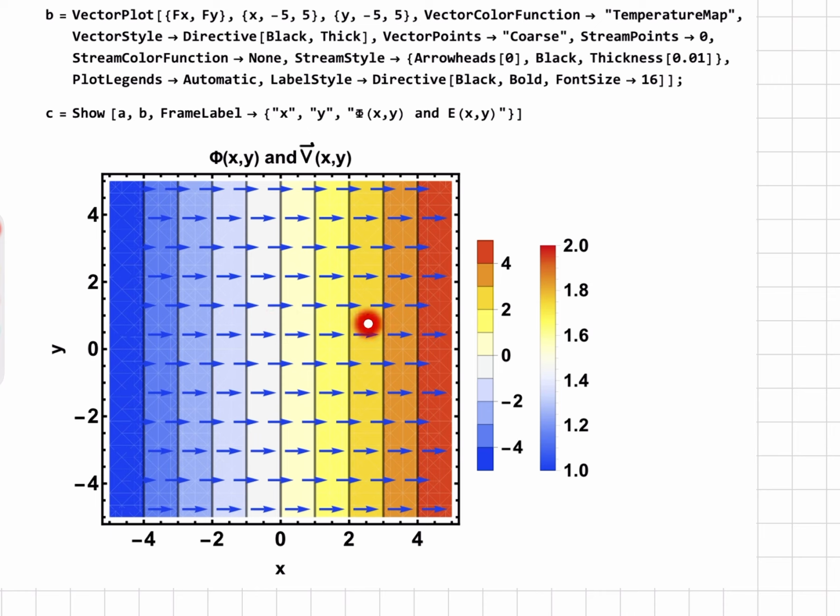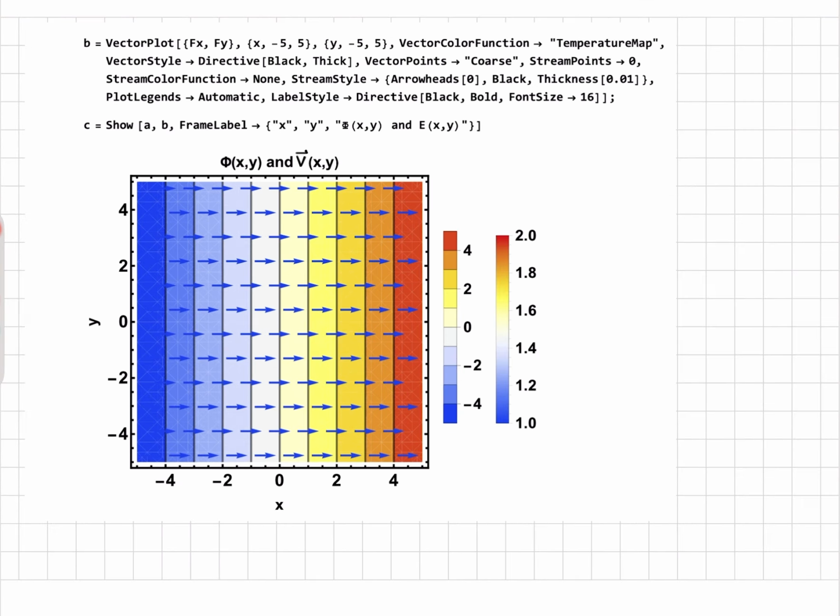So for all values of x and y here, I find that I have a unit vector that points in ex hat direction. So that's showing both the phi as a function of xy and vector field as a function of xy on the xy